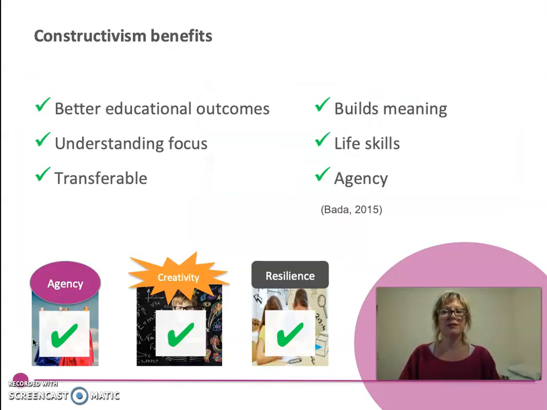So what are the benefits? Well, the increased engagement, which will inspire curiosity and is meant to lead to better educational outcomes as students become more involved in the learning process itself. It promotes and focuses on understanding versus rote learning, which can be a bit of a function of, say, behaviourist processes. The skills, learning how to learn, are transferable across subjects and broader into life.